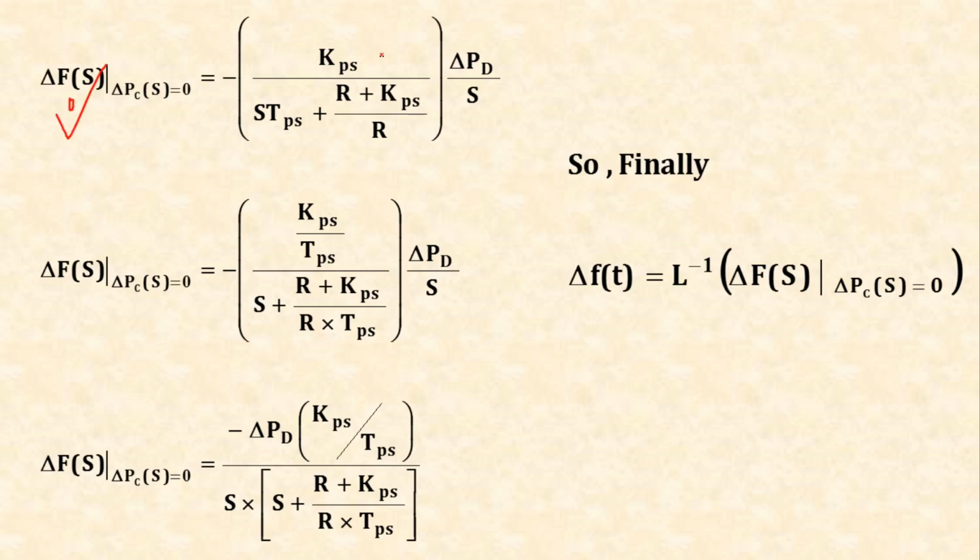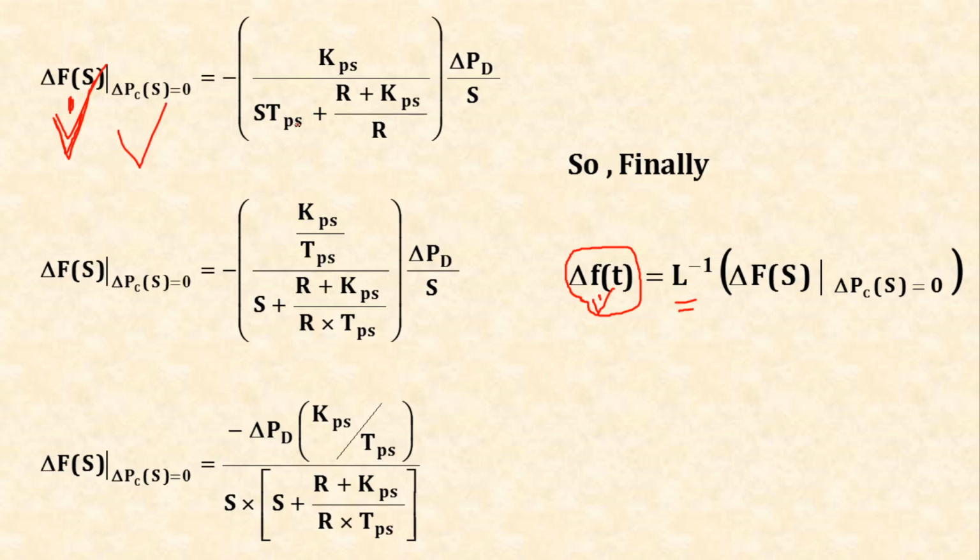So now we want to find out the f of t. This is the f of s and our objective is to find out the f of t. So we have to take the inverse Laplace of this term. Clear? We want to find out the dynamic response, which is the response which changes with time. So we have to take the inverse Laplace of this particular term. So for that we have to take the Laplace inverse of delta f of s to find out the value of f of t. To find out the inverse Laplace, we have to slightly modify this step.